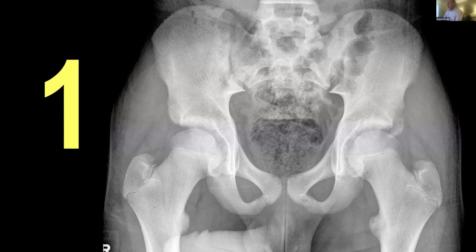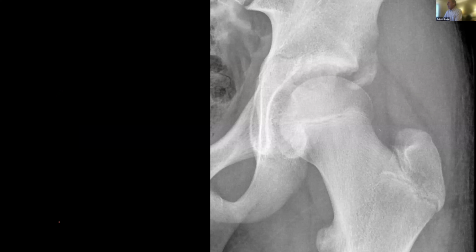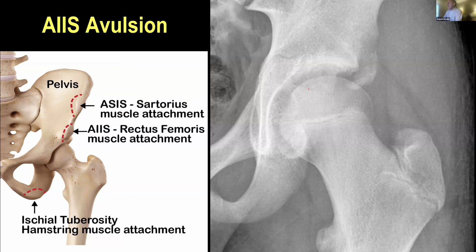So that's just a nice starting point as we look at some unknown cases so that you can test your skills. This patient comes in with pain, abrupt onset, playing soccer, left hip. What's the abnormality? As we look at that symptomatic side and know our anatomy, it's no problem figuring out that this is an avulsion of the anterior inferior iliac spine, the origin of the two heads of the rectus femoris.